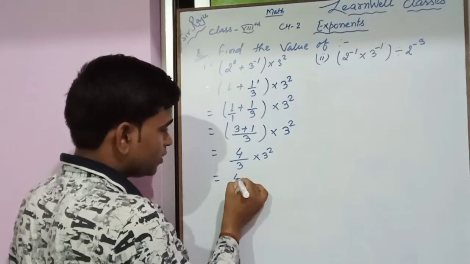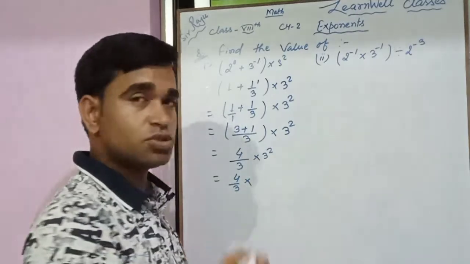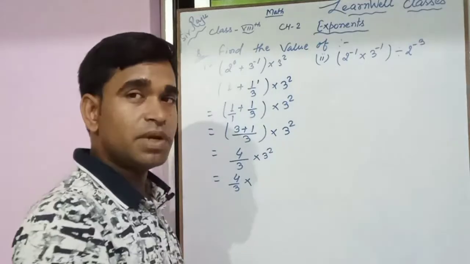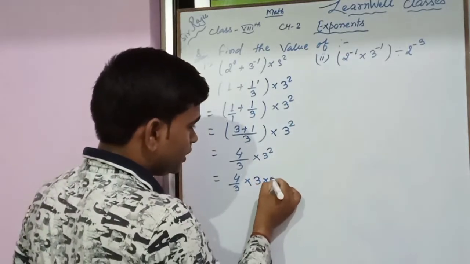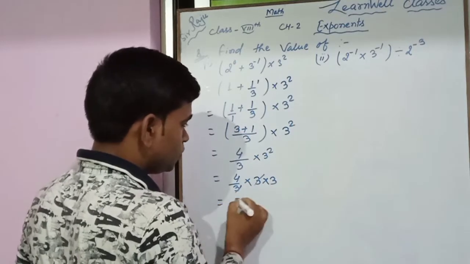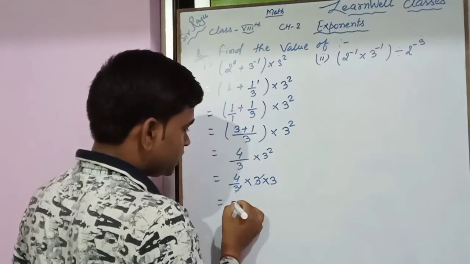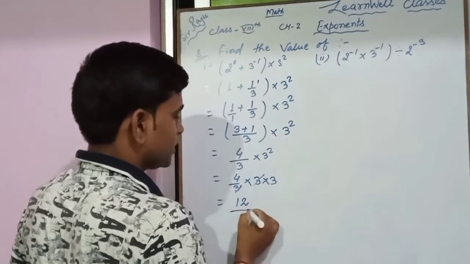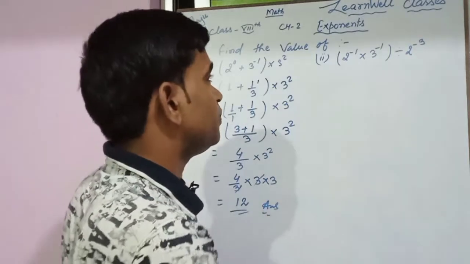So we have 4 upon 3 into, when the exponent is 2, that means that number will be multiplied 2 times. So it will be 3 into 3. 3 is divisible, so 4 into 3 is 12. Is that the answer? Second, we have